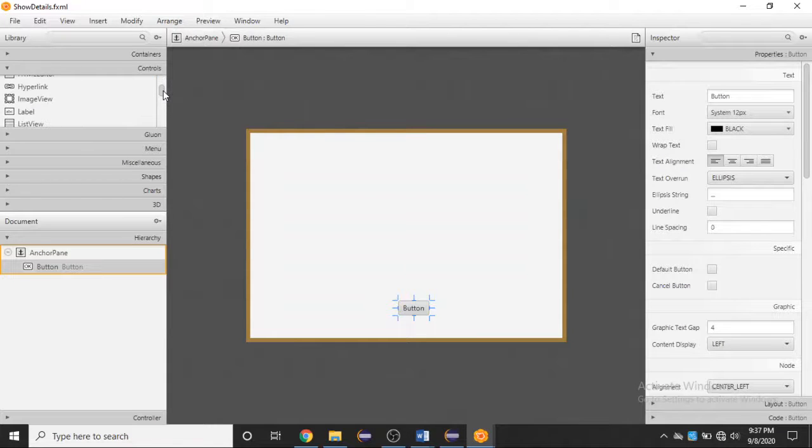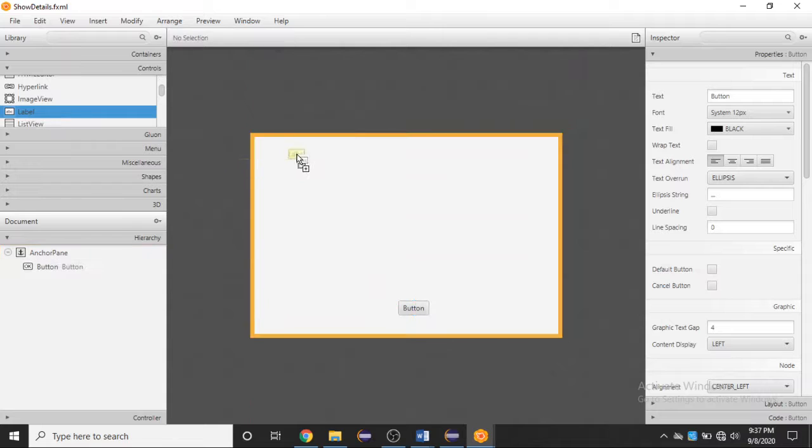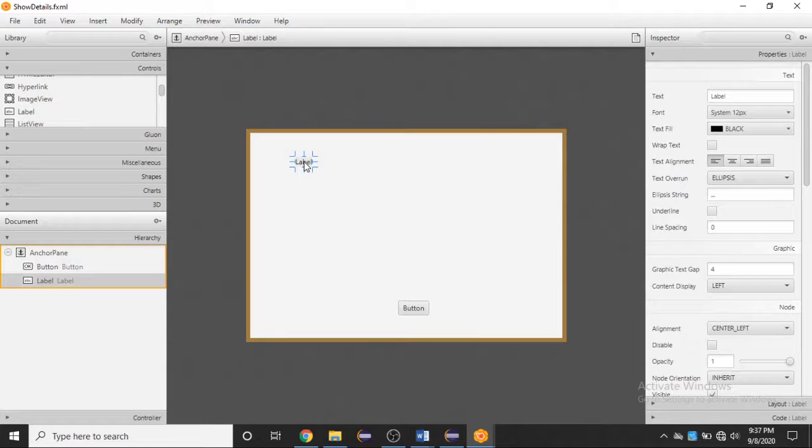Now the same labels which we have added in our add customer page, we have to include again where our information will be passed.